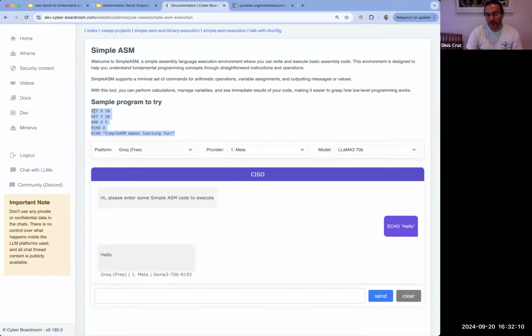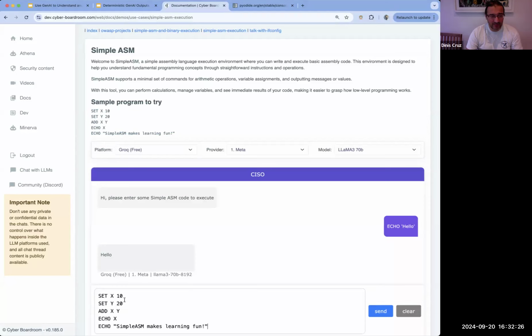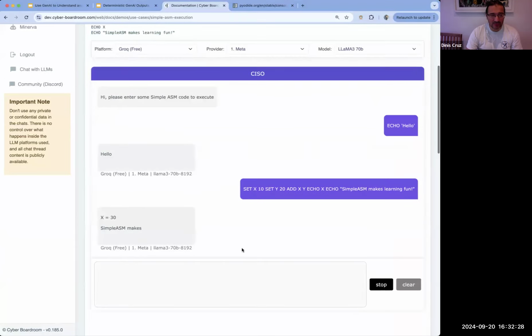If I say this, so if you look at this, the answer should be x is 10, y is 20, adds x to y, or y to x, in this case, echo x, right? So this is going to add 20 to 10, is going to give me 30, right? So if I go here, paste this code, it actually goes x equals 30, simple as. Now, how does it do it? What's really cool about this is I actually used the latest model, the Strawberry GPT, o1, whatever they call it, to